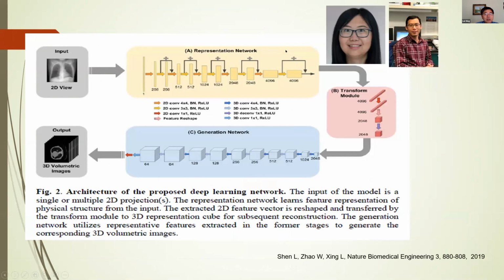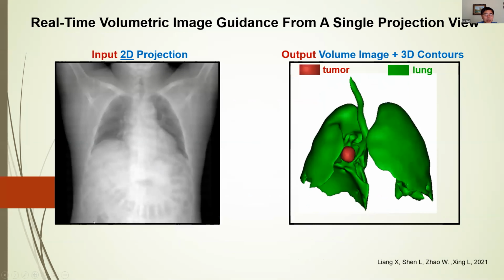Yeah, this is the reconstruction process. Like I said before, you have 2D measurement data that goes through an encoder, then a dimensionality transformation from the image domain to the feature domain, and then you do decoding, so you get an image. So it's a very complex network, but it works. And this is actually one of my postdocs, Xiao Kun. He did this work.